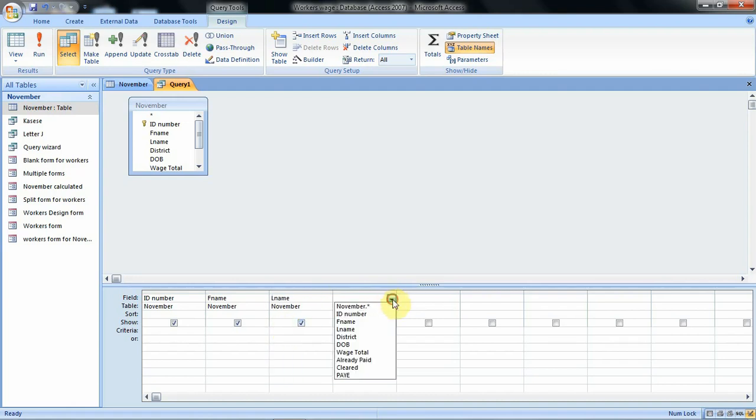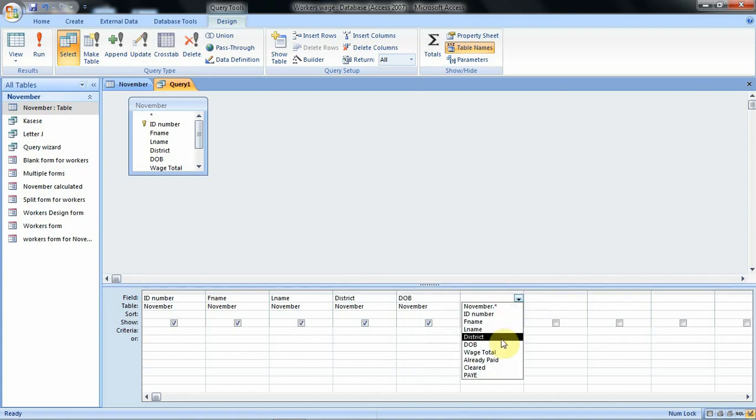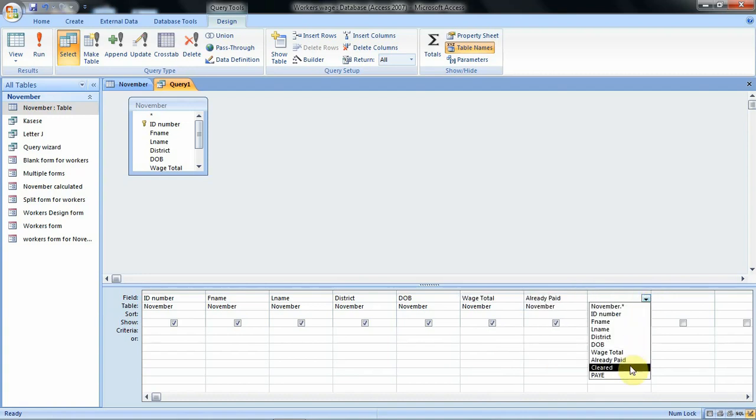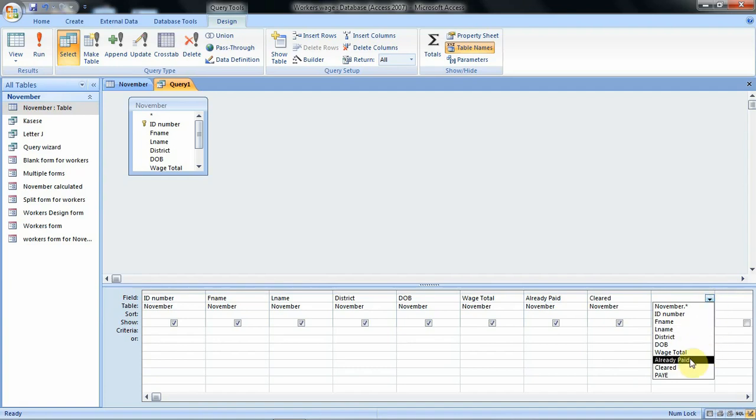last name, district, date of birth, wage, already paid, cleared, payee. Now we want specifically this field for first name to only display for us those individuals whose names do